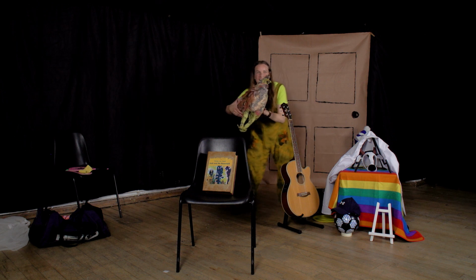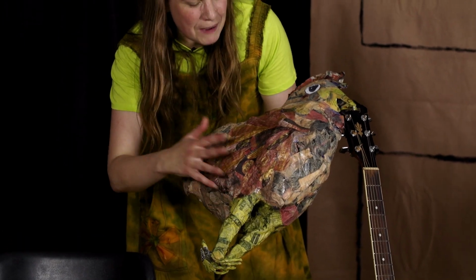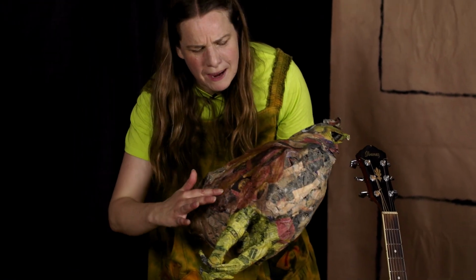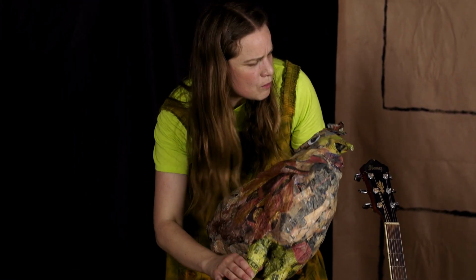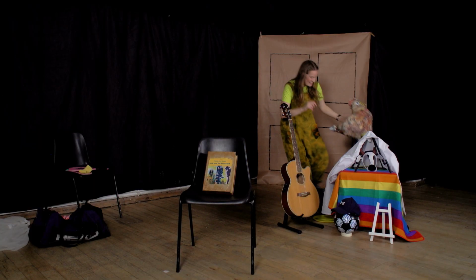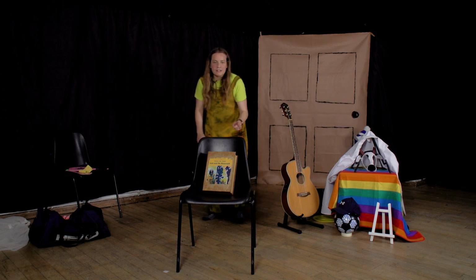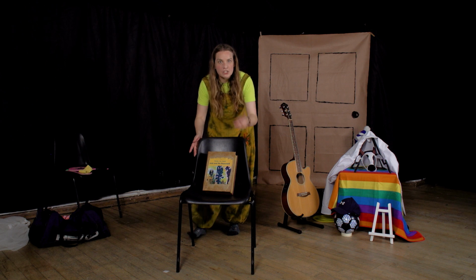Look, there's a beautiful hen with a big, beautiful eye made of paper mache and slightly painted red, and then yellow on the feet. And it's got a beautiful, beautiful crest at the top. I'm going to put her away. Just shush, don't tell anyone. I've told you that. And then, right at the front of the stage, in the centre, which is downstage centre for me,